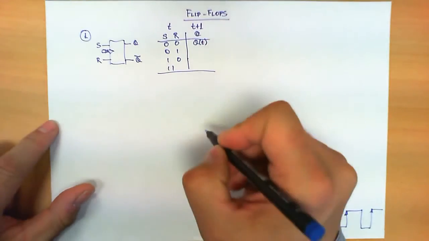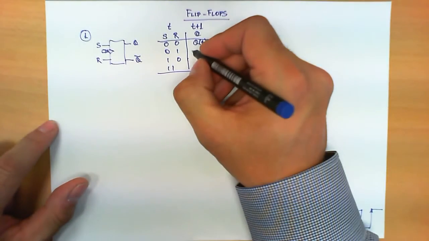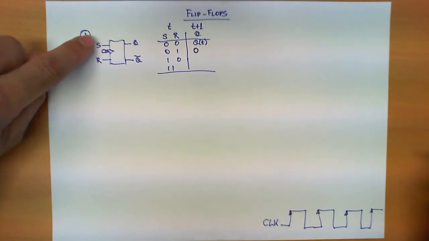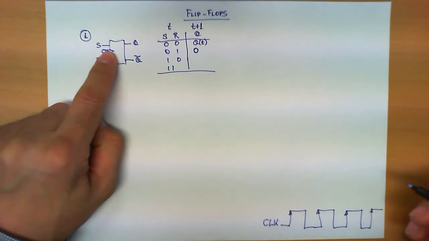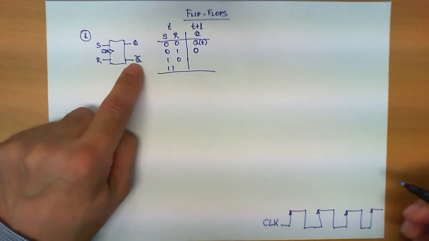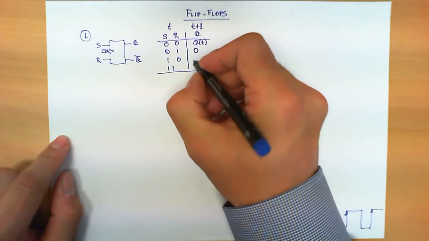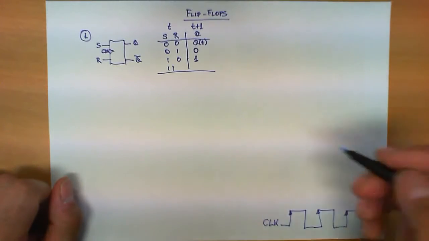However, when we have a 0-1 combination and a clock transition comes, then the output of the circuit becomes 0. In other words, when I have a 0-1 combination here and the clock ticks and the clock makes this transition, then this value will become 0 and this value will become 1. This combination 1, 0 will make a transition such that Q at t plus 1 will become 1, and this